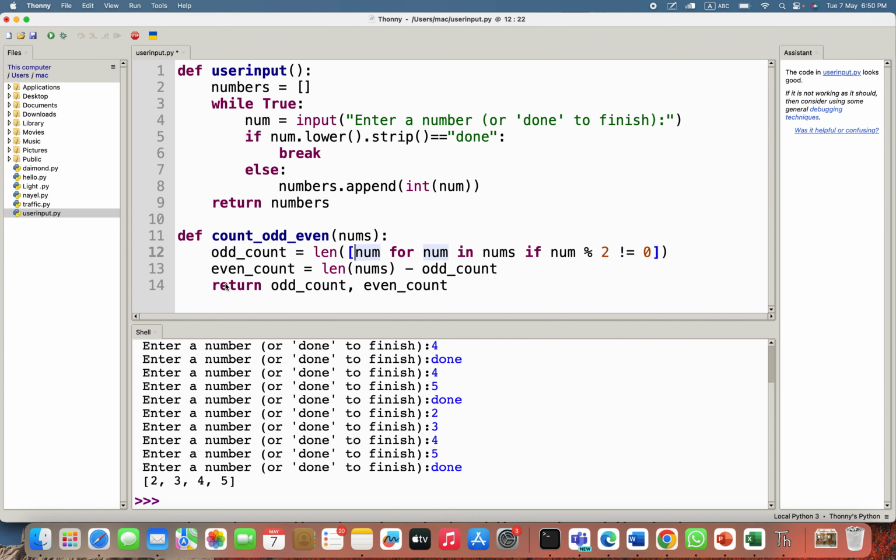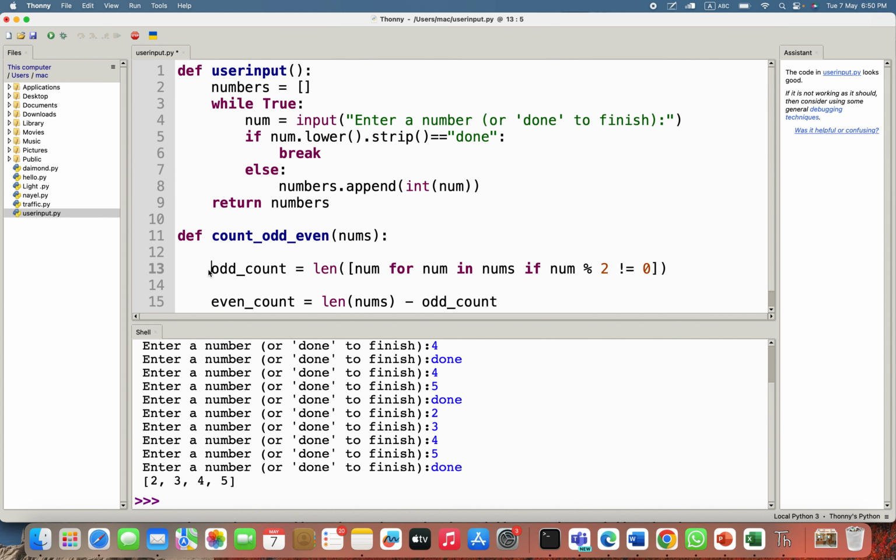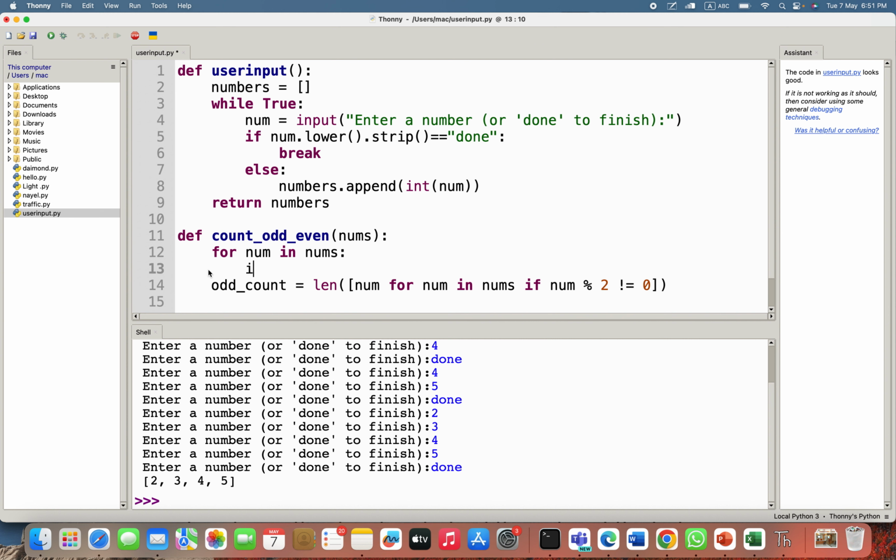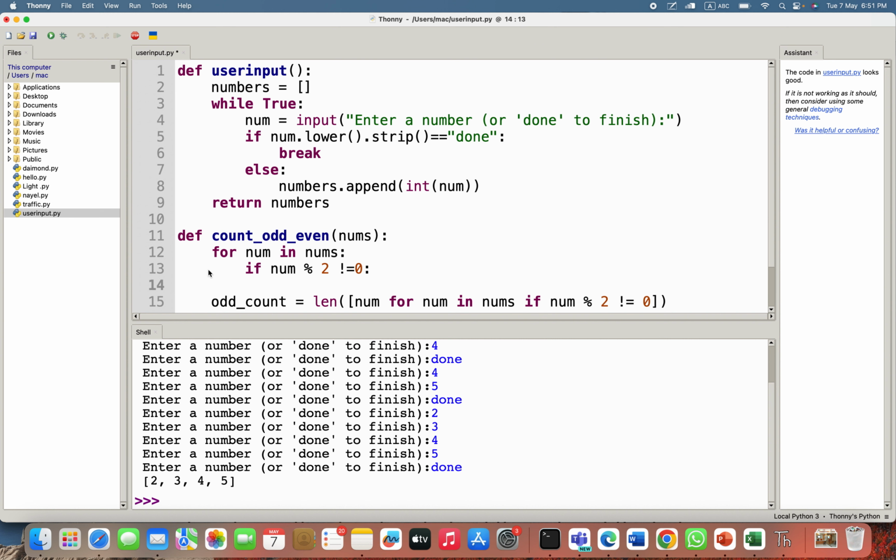You need to understand this. To understand it, I can rewrite it here for you. This thing is exactly like this: for num in nums, and I say if num mod 2 is not equal to 0, then you do